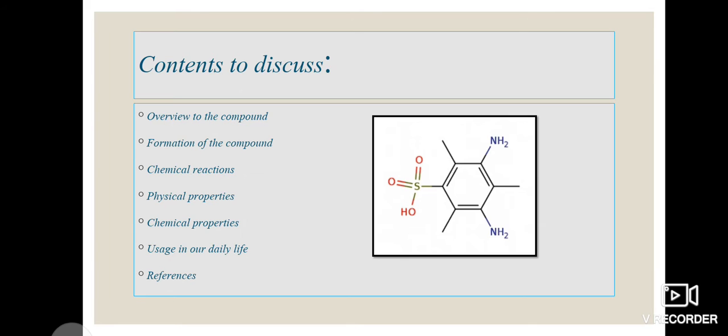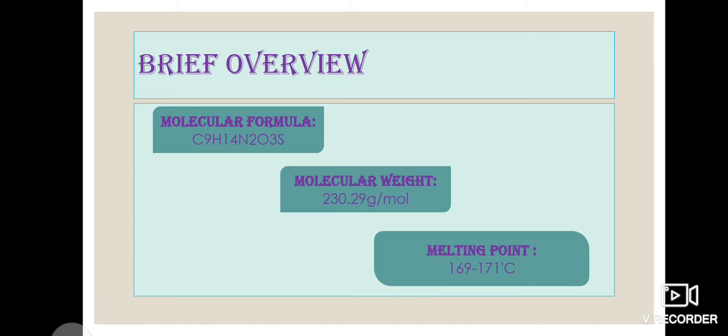The compound I discuss in my presentation is a polyamide. Polyamides are attractive high-performance materials applied widely in industrial applications because of their variable processability, high thermal, mechanical, and chemical stability. So, let's take a brief overview of this compound,